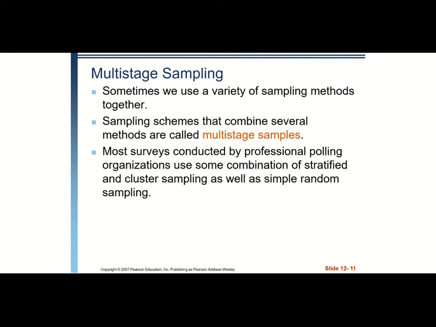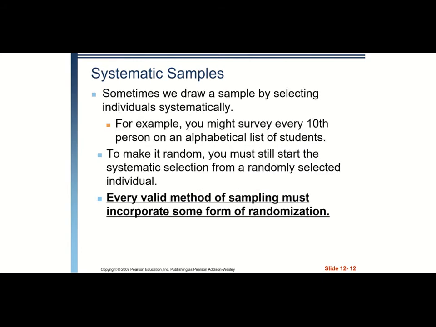Unsurprisingly, these types of samples are not always done on their own. Sometimes they're combined, and when they are, we refer to them as multi-stage samples. Lastly, we have systematic samples. This is where we, for example, would survey every 10th person on an alphabetical list or every 25th person as they enter the